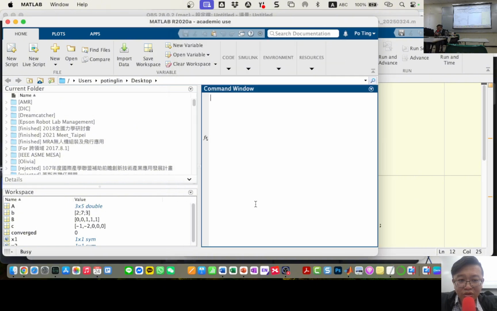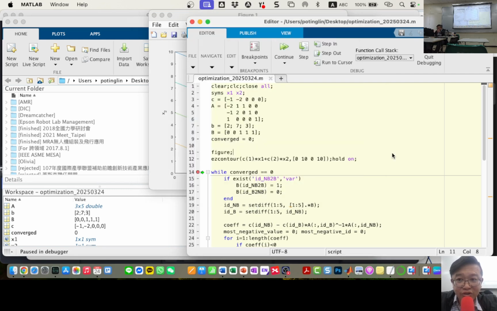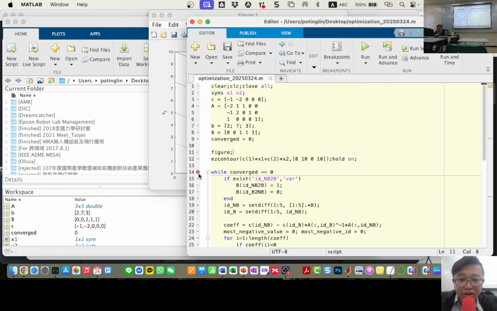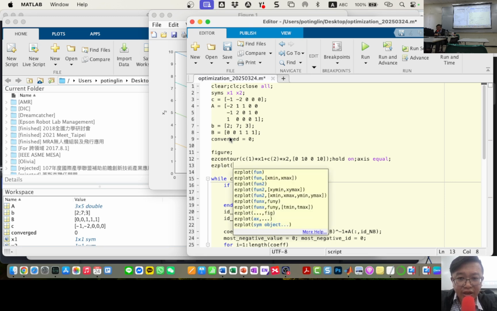Okay, don't want to waste your lunch time. Contour. Okay, this is your objective function. Okay, good. And then we are going to say x is equal. Okay, and then I know the initial set because our non-basic. I should draw the constraint first. So easy plot, and then to draw the function, I need to